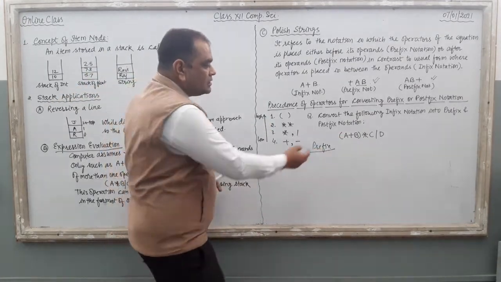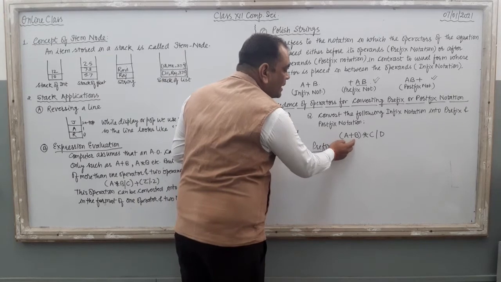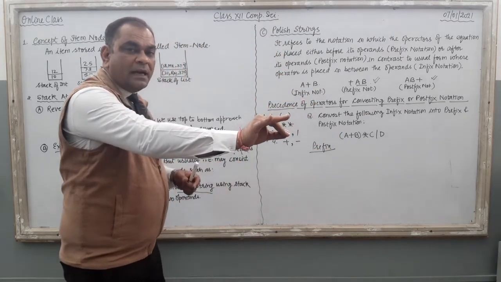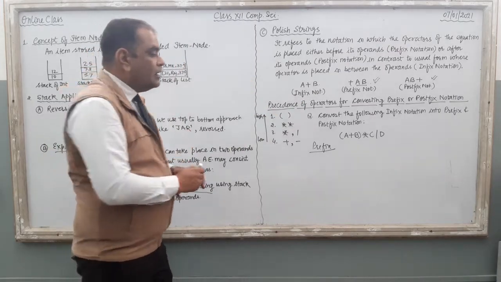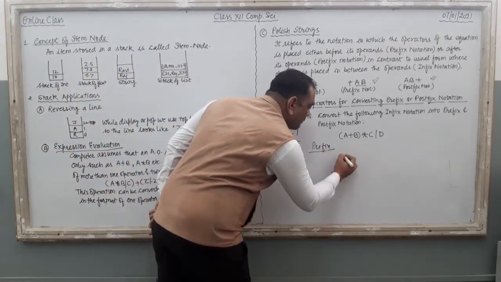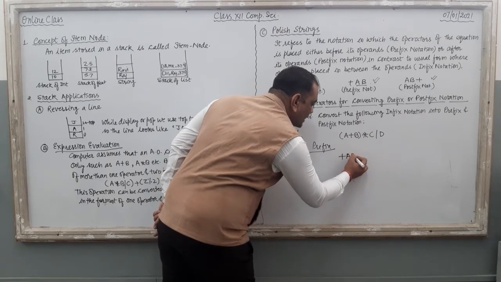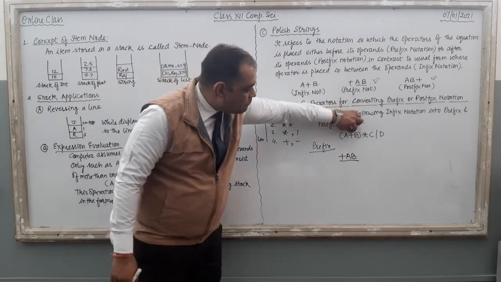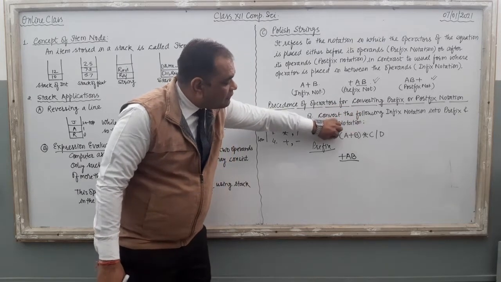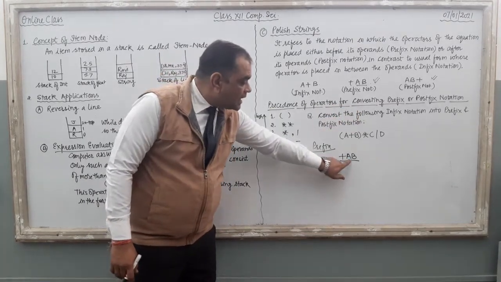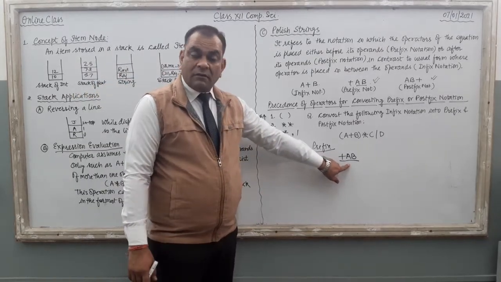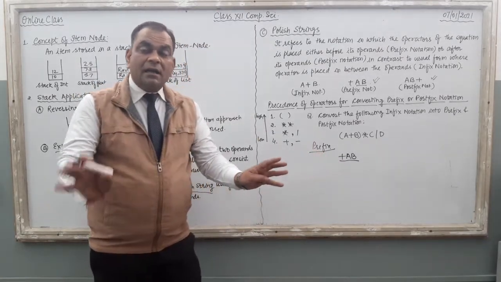Clear? Now just see which operator is there in this part. Plus is there. Take the plus from the middle and put it at the front. So the very first step of this equation is plus AB. Just check it out. I just take plus from here and put it at the front. In front of A, the plus is placed. Now it is locked. You solved this part, now it is locked.